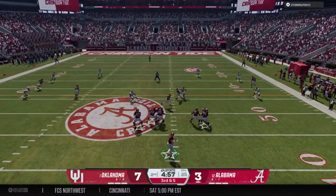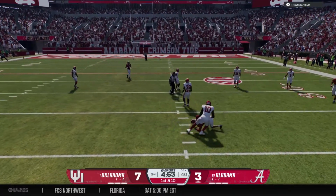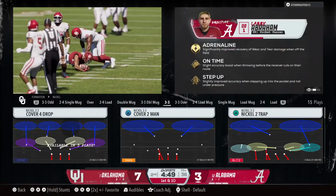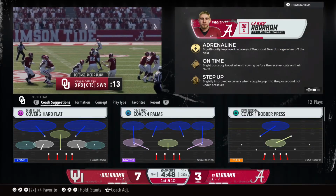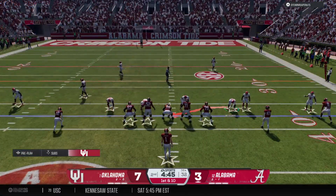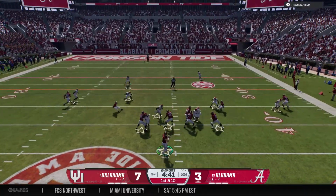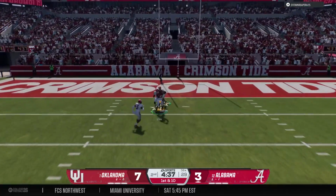Out of the gun now on 3rd down. Makes the throw across the middle of the field. What a catch! They bring him down, but the veteran quarterback shows off that trademark arm strength. And you just continue to see the chemistry between these two. And they told us yesterday in our production meeting, they spent hours and hours of working and developing that chemistry and that rhythm by throwing together throughout those summer months. And, man, it's starting to really...